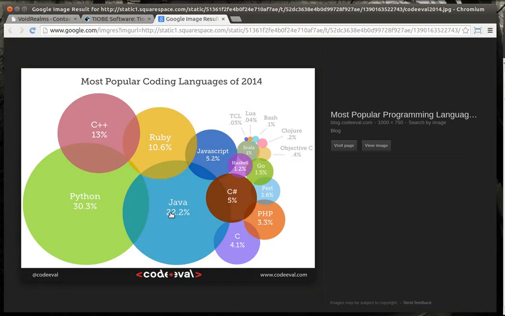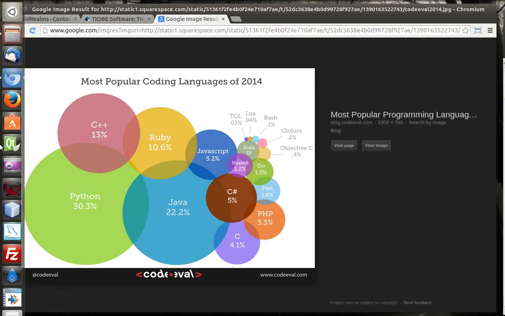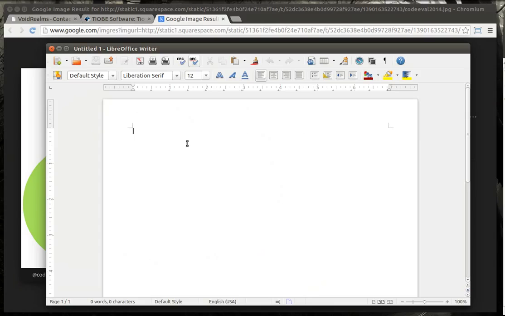The thing about languages is no language is really faster or easier than the other. It's all about your knowledge in it. They just have smaller learning curves. You can learn Python in about 2 or 3 hours. You won't be an expert, but you'll be fluent enough to write a pretty decent program. C++ will take you 2 or 3 months. There's a steeper learning curve. So without further ado, let's crack open a word editor here.